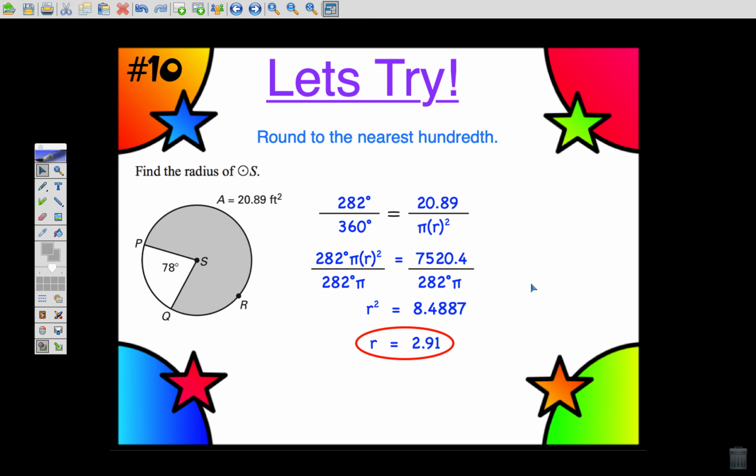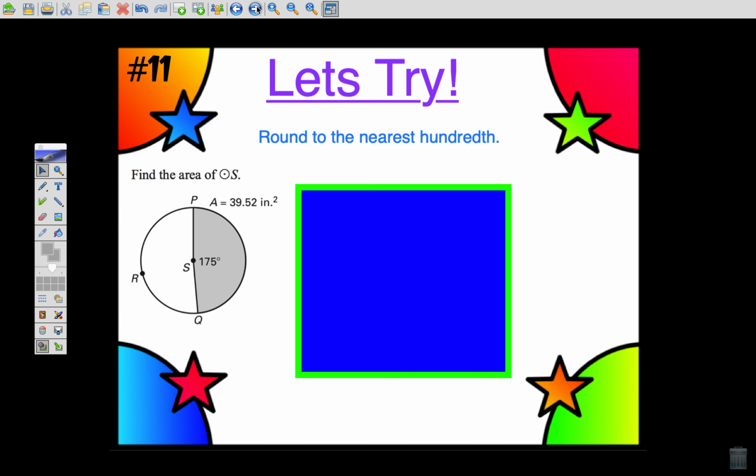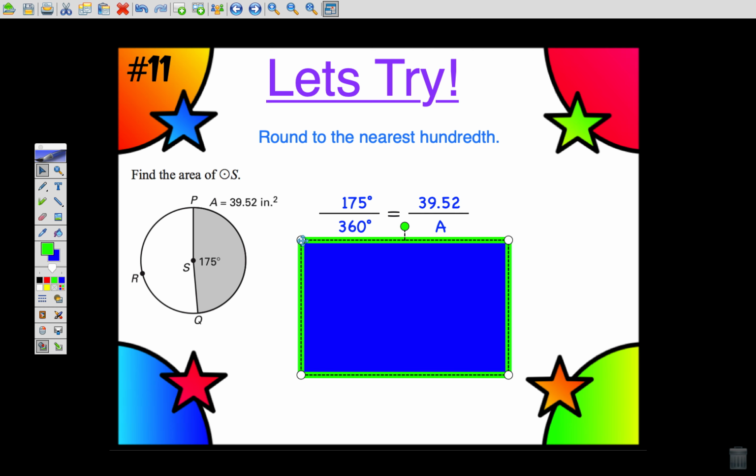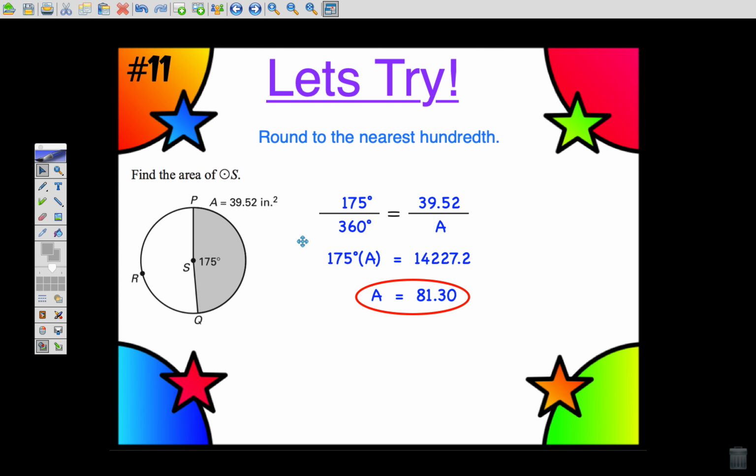About 2.91. All right. Why don't you pause the video one more time, see if you can figure out the area of circle S, and then check and see if you get what I did. All right, so there's your original proportion. Pretty simple. Should get about